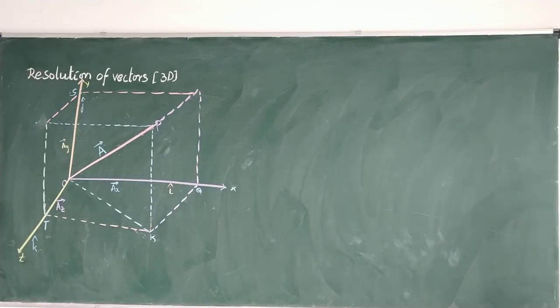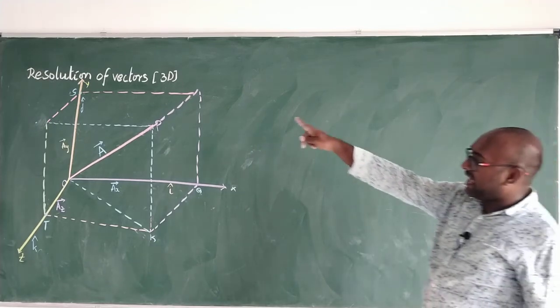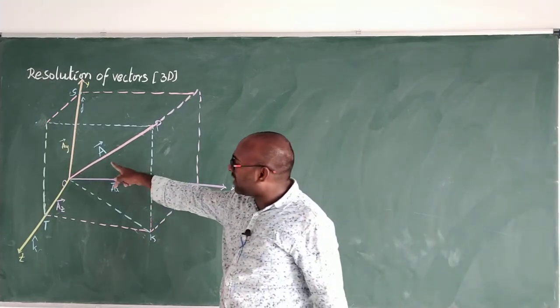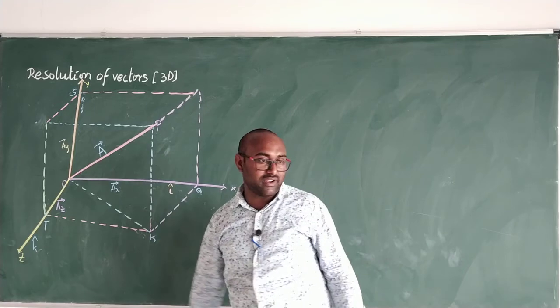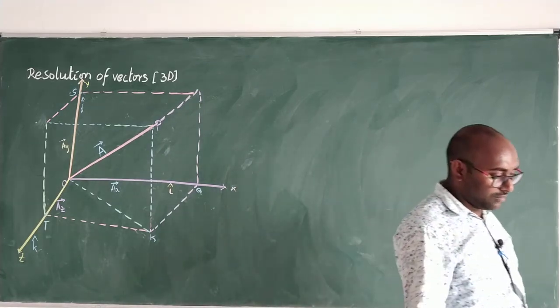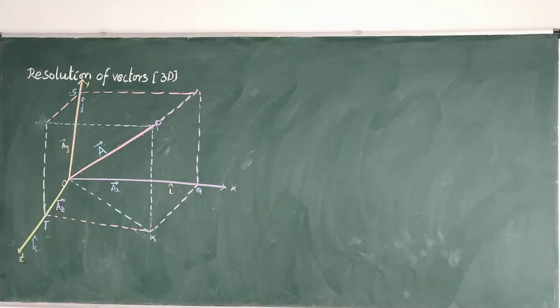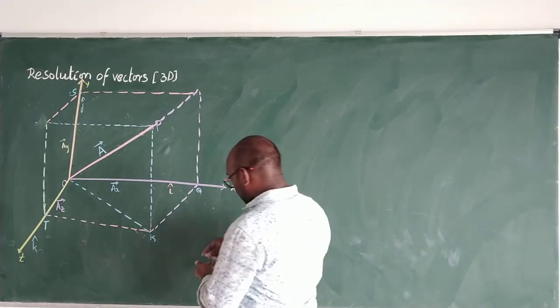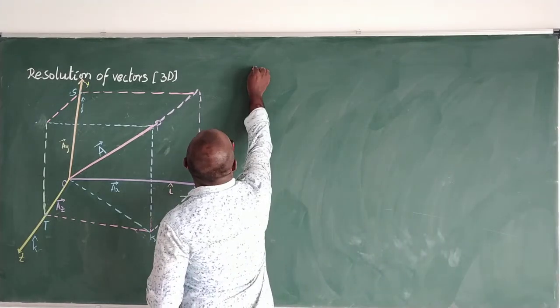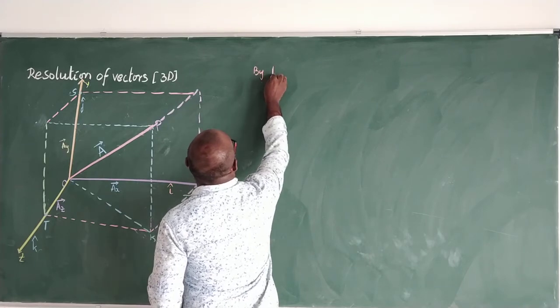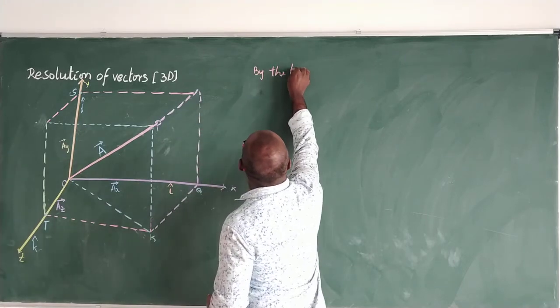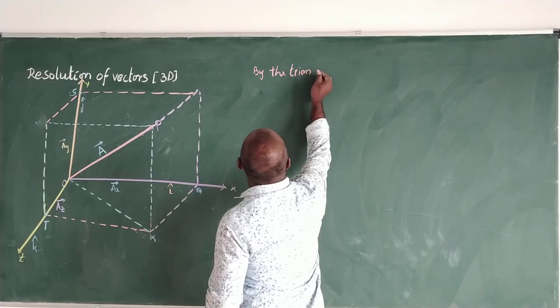Sure? Now these are the three rectangular components of what? AX, AY, AZ. These are all three rectangular components of the given vector A. Okay? Now write down. By the triangular law of vectors,